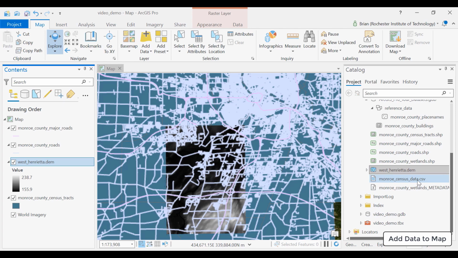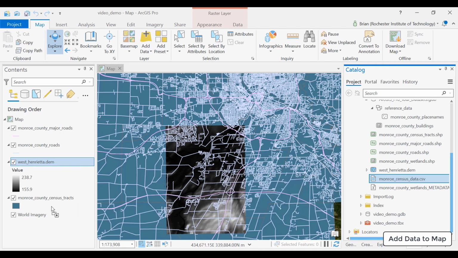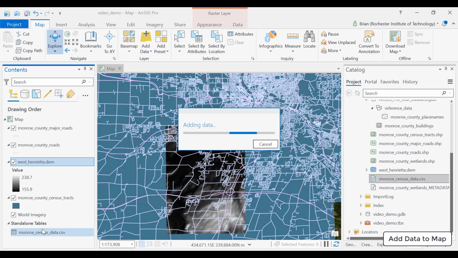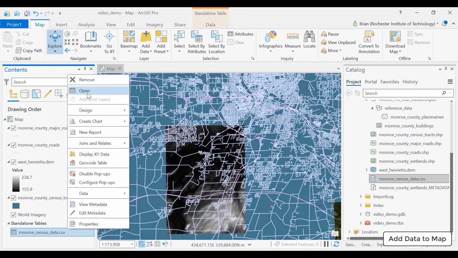I also have what's called the CSV file, comma separated values. Now, ArcGIS Pro can handle non-spatial data files, and CSV, what I'm going to show you in a minute is a real quick table join. I'll bring that over and bring that into my map. And you can see how it's called a standalone table. It's kind of got its own spot within the map here. And if I were to right click on it and do open,